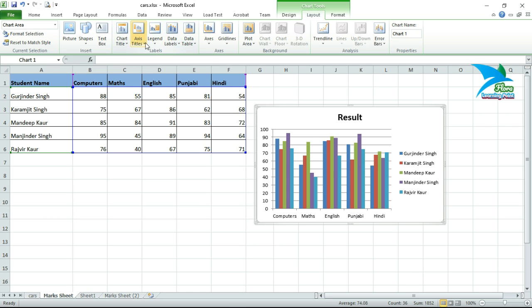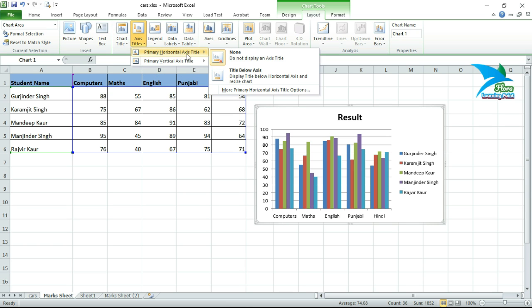The next option that we have is the axis title. We don't have any axis title either. We have the x-axis and y-axis values, but we don't have any title for these x and y axes. If you want to give a title to the x or y axis, then click on this button.